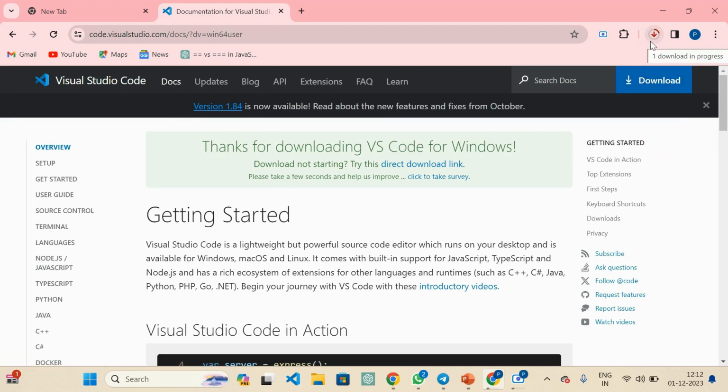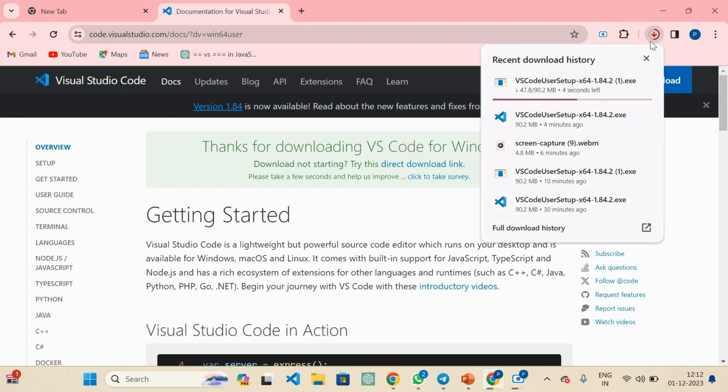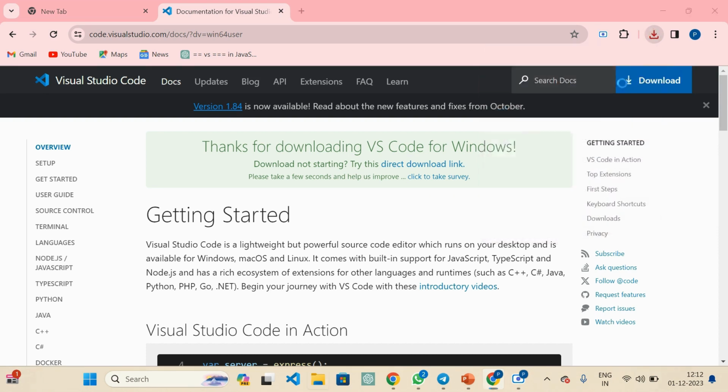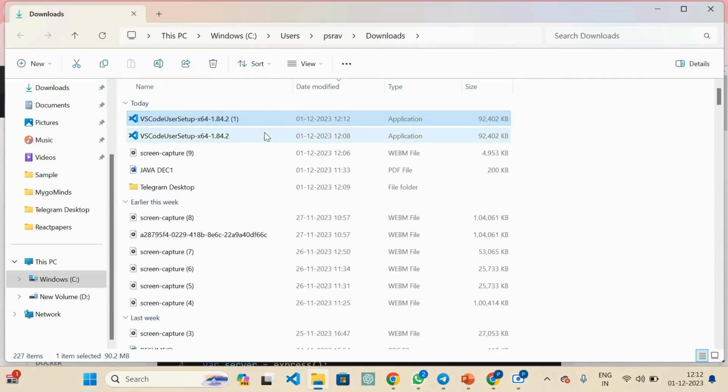In the top right corner, you can see Visual Studio Code is going to install. It is downloaded successfully. Just open it in a folder. Now we need to install this Visual Studio Code, right? So double click on this file,